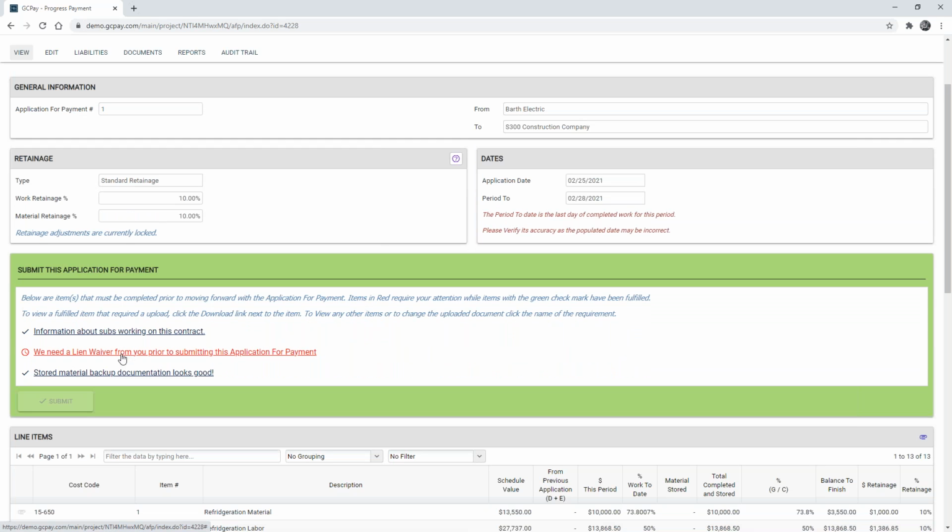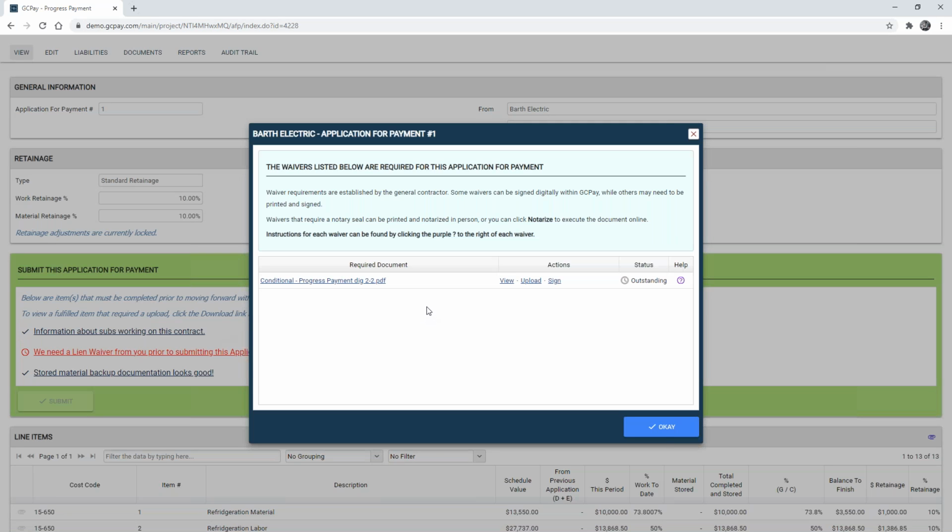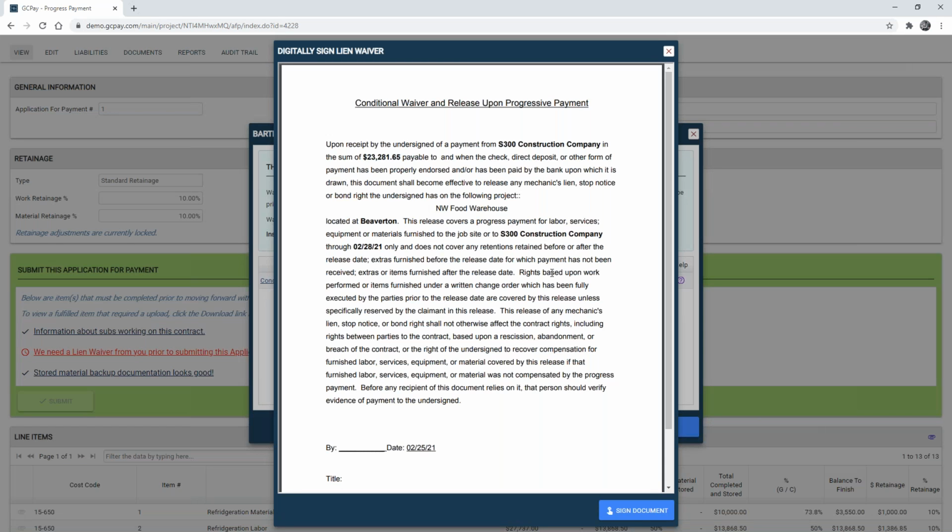Finally, we need a lien waiver prior to submitting the pay application. And you'll notice that this lien waiver here is a conditional progress waiver, and we can view and sign the document digitally right here in the platform. You'll notice that this waiver is pulling in details from my project, such as the dollar amount on the pay app, as well as the company name, project name, location, and date, and other details.